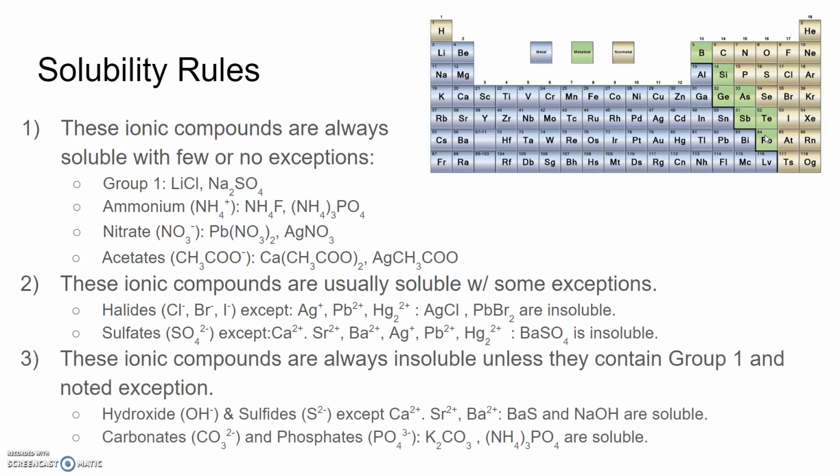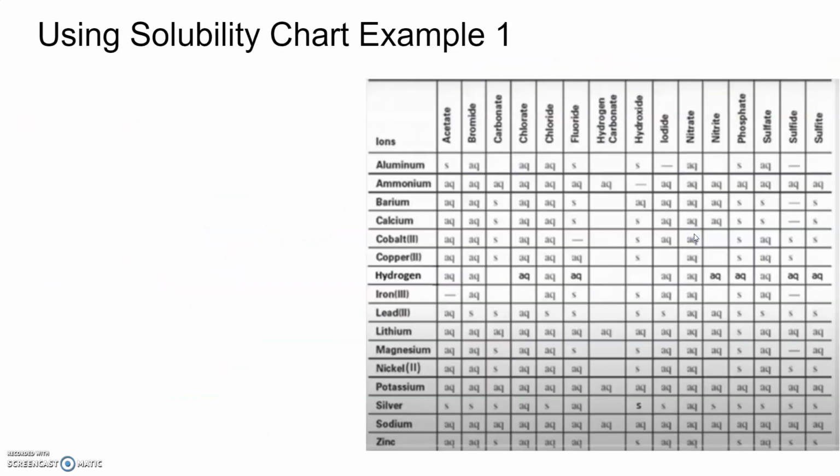And finally, the last one will tell you which ionic compounds are usually insoluble unless they contain group 1 or any noted exceptions. For example, hydroxides are usually insoluble unless they contain group 1 or calcium, strontium, or barium. Now, those are a lot of rules to memorize. So instead of memorizing the rules, what's always a good idea to do is to